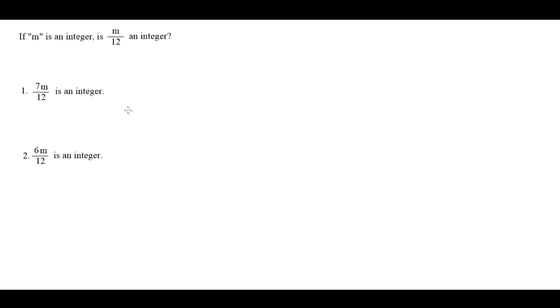Now, for those of you that don't know, data sufficiency is a type of question asked on the GMAT. You'll notice that there are no answer choices presented on this slide, and that's because the answer choices on a data sufficiency problem are all the same. So we'll cover exactly what all the answer choices are whenever you come into class. But for now, just know